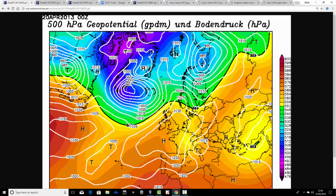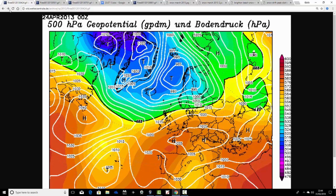High pressure is actually building back in over the country, and then we head up towards our mildest spell of weather, our warmest spell of weather during April 2013. So the highest temperature of the month is 23.0 at St James Park in London on the 25th of April. With this high pressure down to our south, we drag up the air from sort of central southern climes, and much warmer indeed. So the first week of April, it's freezing cold, snow-covered, frozen ground, but by the third week of April, we're actually into what you could describe as almost summer-like temperatures, with temperatures going up above 70